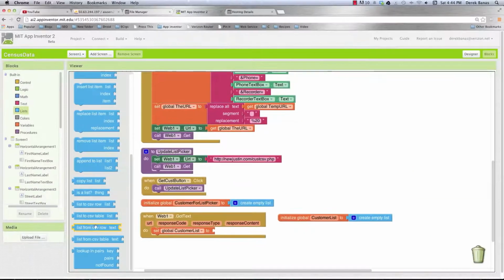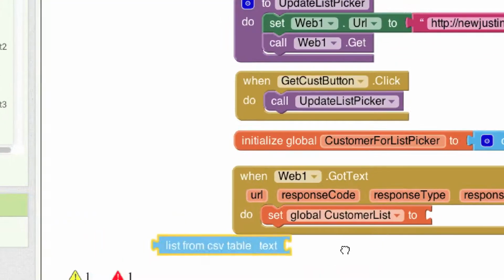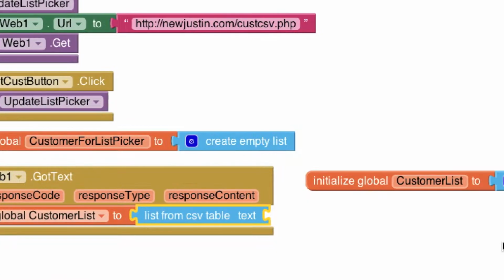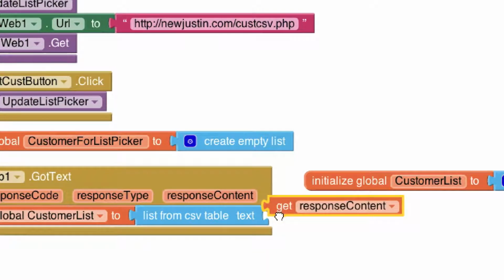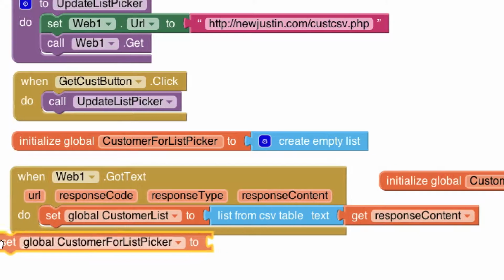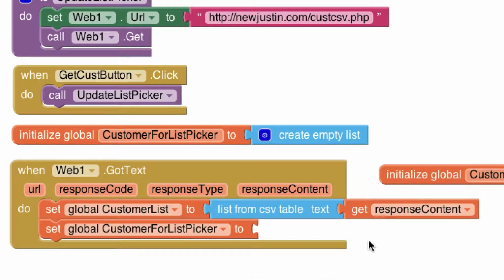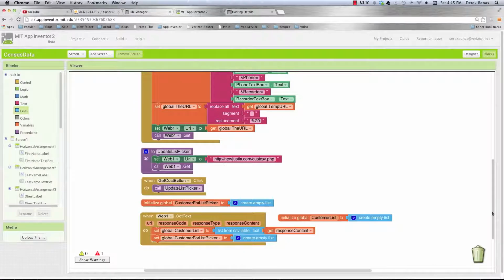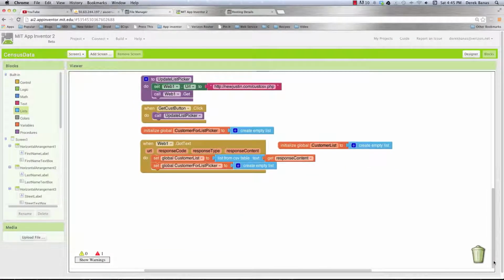And to do that, scroll way down, list from CSV table is the one that we want. There it is. And then response content is what we want to get. Then we're going to go customers for our list, get this guy, and let's delete every single time any information that might already be in that list. Then we're going to have to cycle through all of the content that was sent over and add it to our list picker. So go into